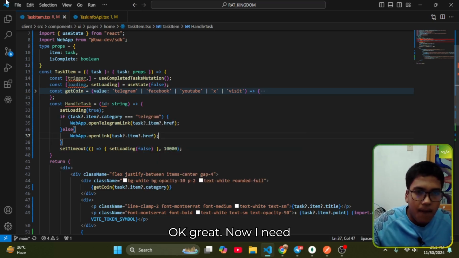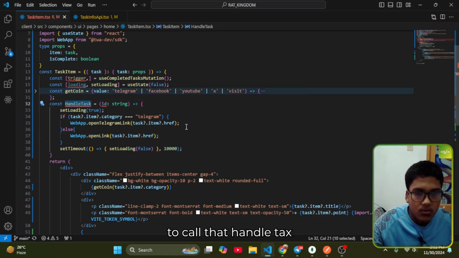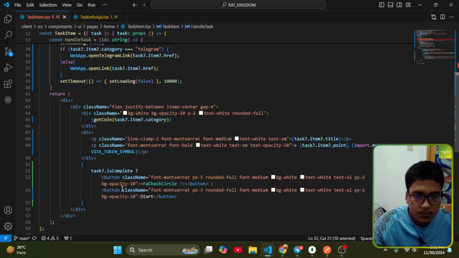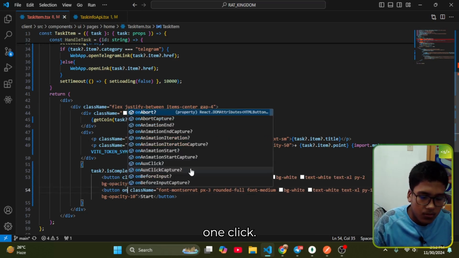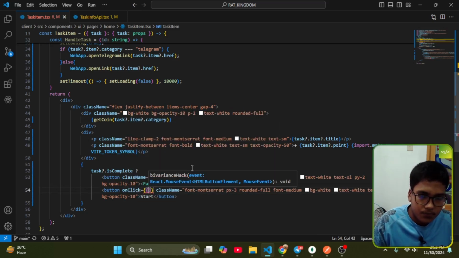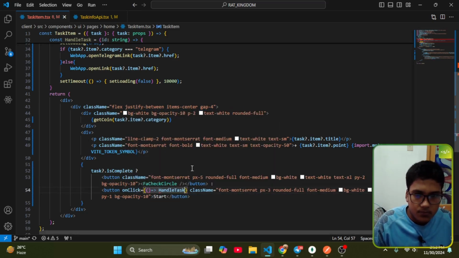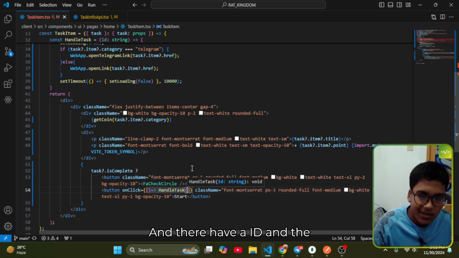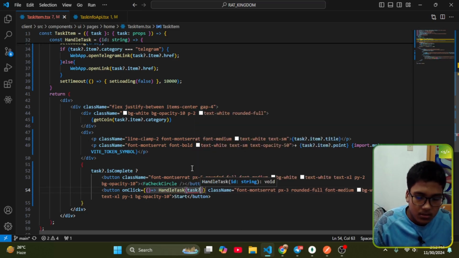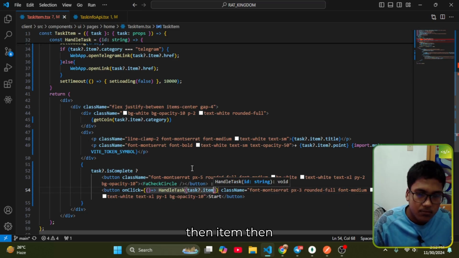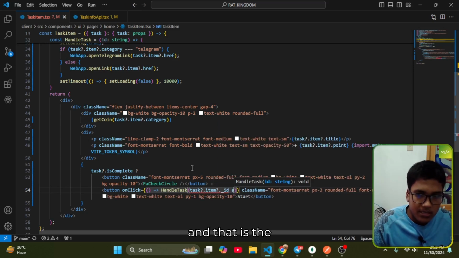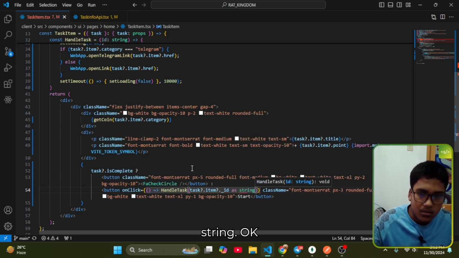Okay, great. Now I need to call that handleTags on click, and there has an ID, then the ID is tags.item._id, and that is a string. Okay,